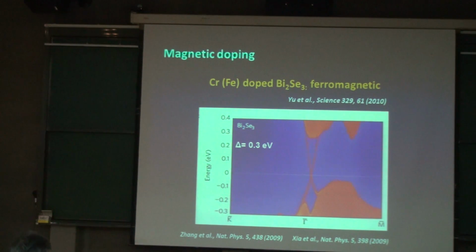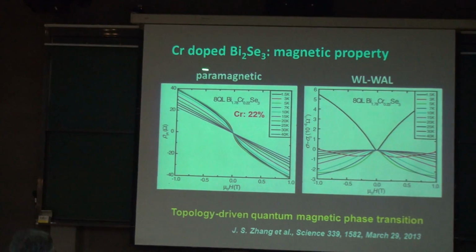According to the proposal by Bi2Te3, Fang Zhong, and Shoucheng, we first tried chromium ion doping of bismuth selenide, because this has the largest bulk gap, about 300 meV, as also written in this paper. Unfortunately, even at a high doping level up to 22% chromium, the material exhibits paramagnetic property. Of course we see some other interesting properties of this magnetic